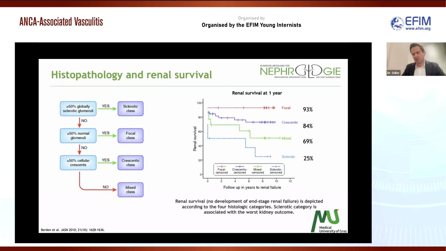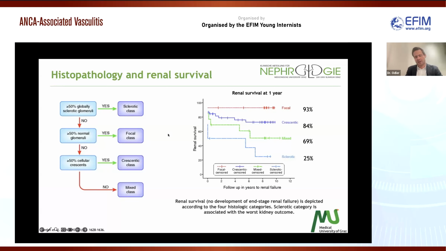If we are talking about kidney involvement in ANCA-associated vasculitis, then I think it's very important to mention the role of the histopathological changes in our patients. And if you discuss with the nephrologist this disease, then you will understand why I say it. There is a quite important study that was published in 2010, which you can see here, by Annelies Berden